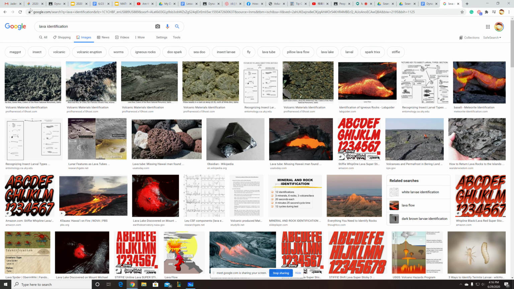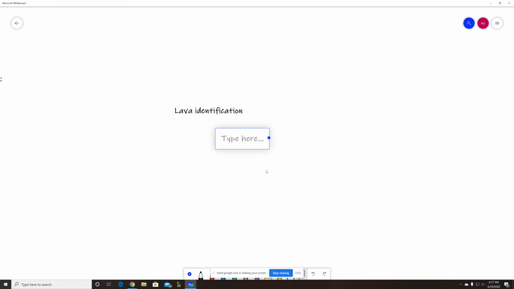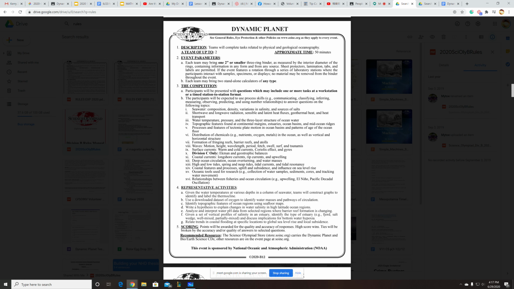The best way to learn lava identification in any area would be a textbook, but you might have to pirate that. I don't recommend that, kind of. So yeah, and the key